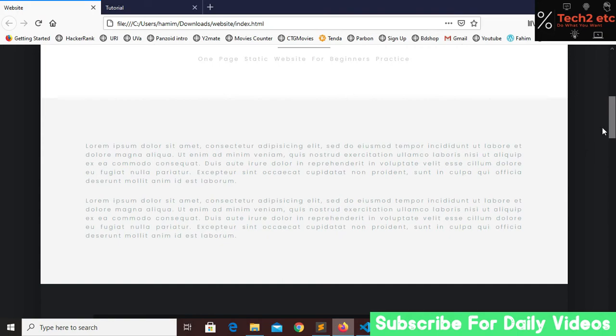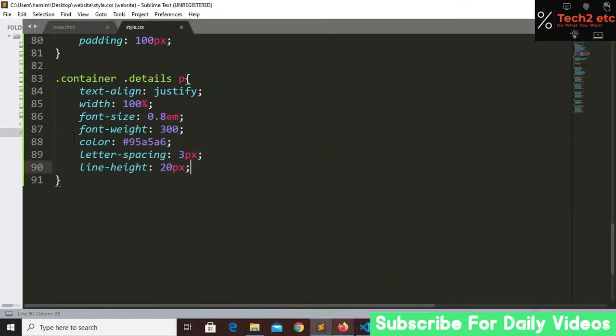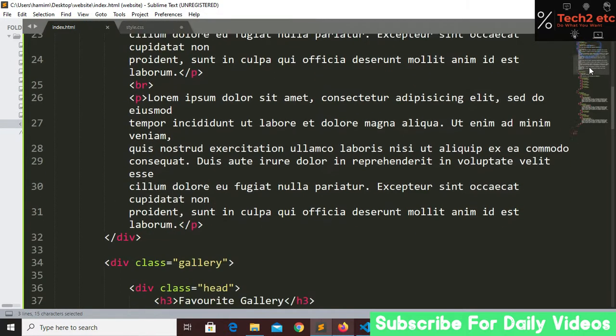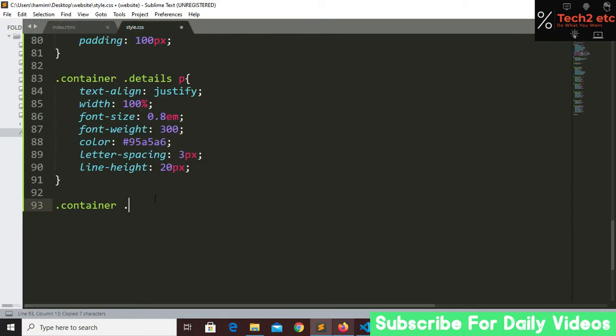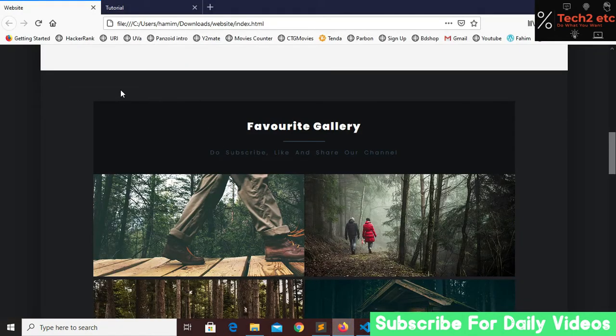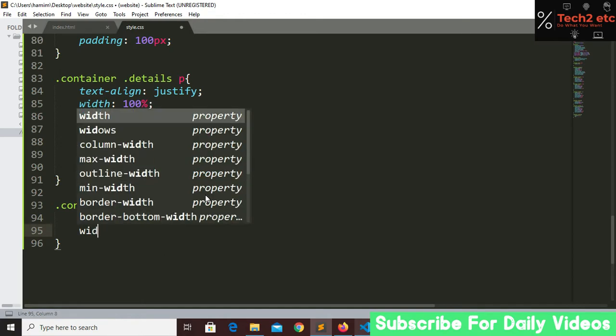So now we have to first create this box. So go to our text editor, copy this container from here, paste it here. Now we have to target our gallery class from here. That's it. So here you can see that first we have to create some margin around everywhere, so that's why create margin. Let's see 70 pixel from everywhere and let's give a width of 100%,